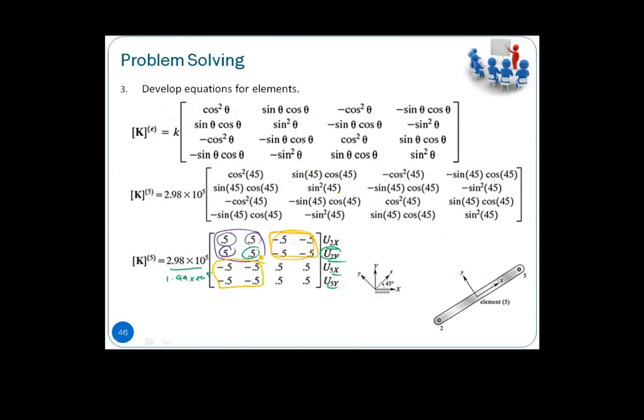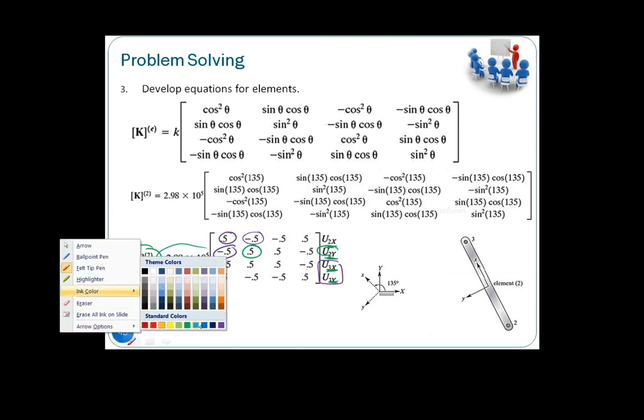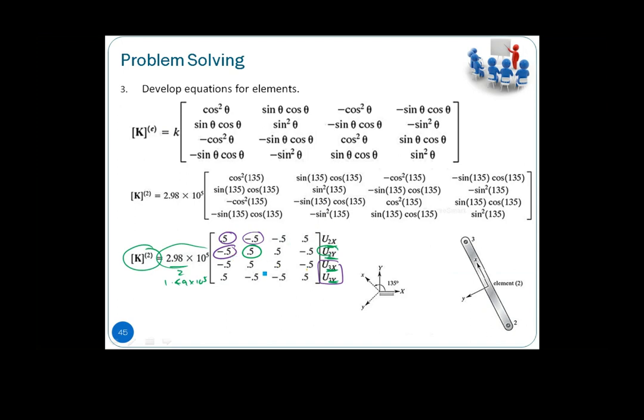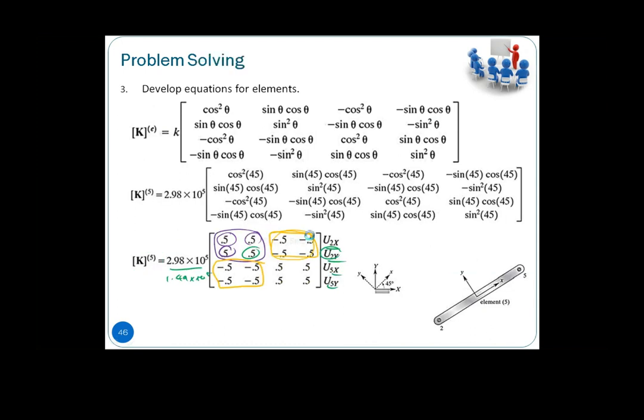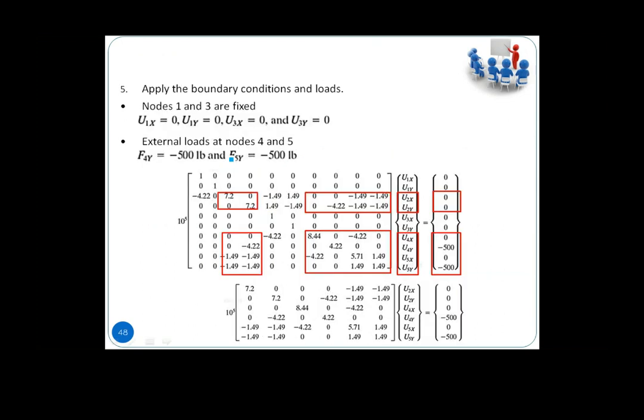All right, so basically you have to be very clear on this particular thing. For example, here we have 2 and 3 is negative, positive, positive, negative. So if you look into here, the global, we also have negative, positive, negative, positive. Same with 2 and 3 here: negative, positive, positive, negative. All right, so that gives us what you have